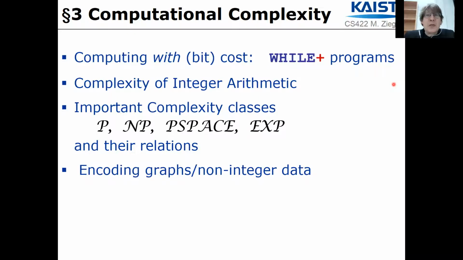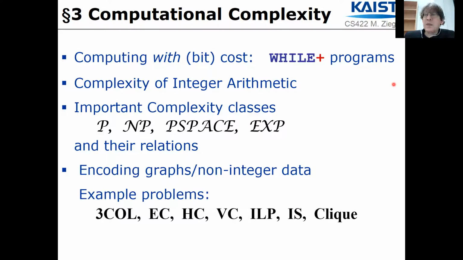In order to talk about computational complexity of problems which do not involve integers and therefore cannot be covered by while or while plus programs, we need to discuss how to encode these problems. In computability part, chapter 1 and 2, this was not really relevant. And here it's also not really subtle, but we need to address the elephant and talk about how to encode non-integer data as integers, because then we can start to look at some example problems: